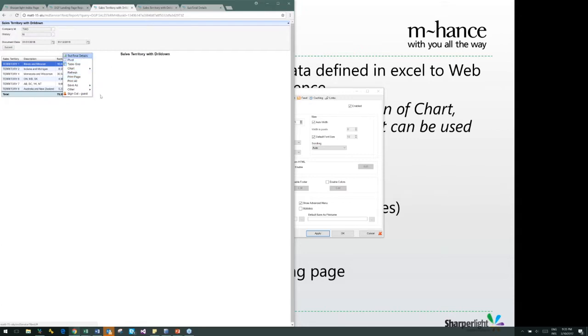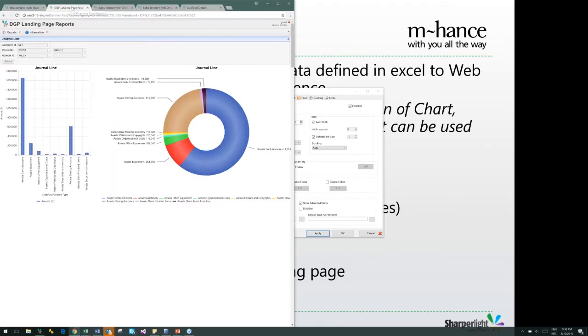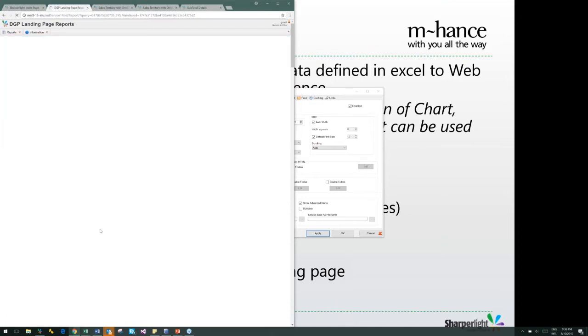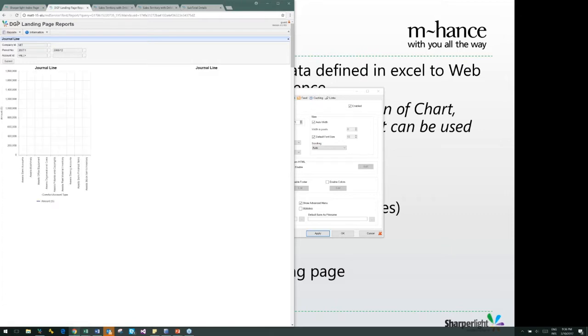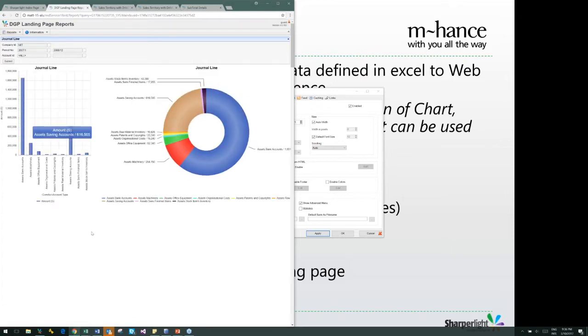It also includes the ability to drill down. What is expected is that this DGP sales test essentially would end up on a Great Plains or GP landing page. And that GP landing page is exactly what you would expect a department to land on. It could be the finance department landing page with charts and gauges and KPIs and other